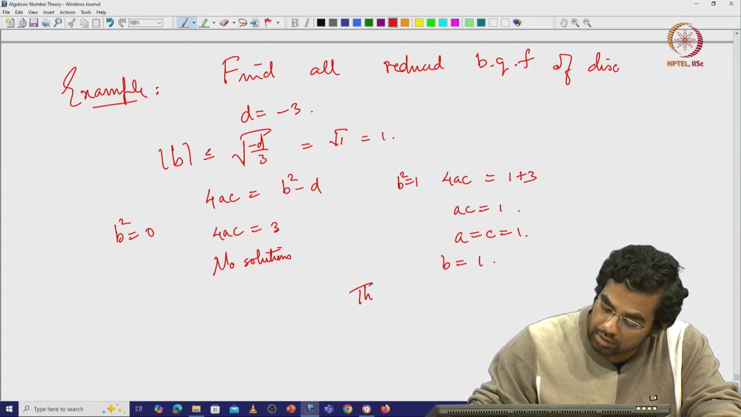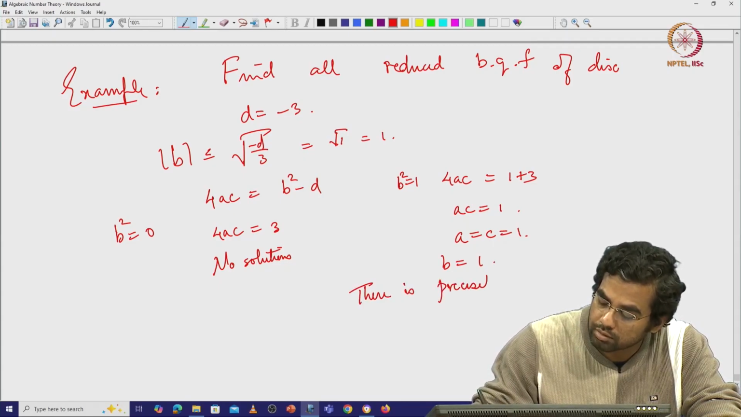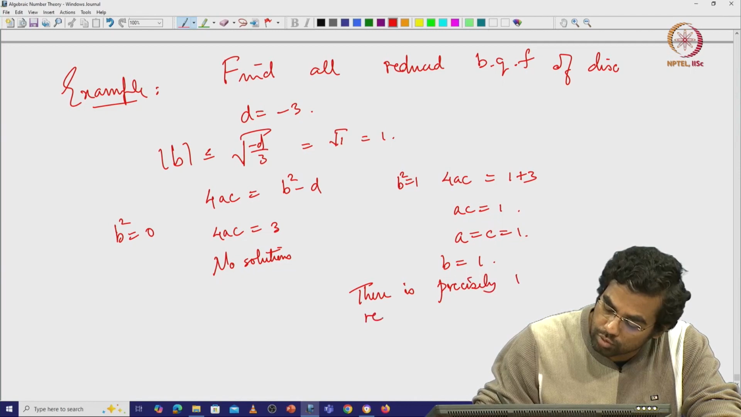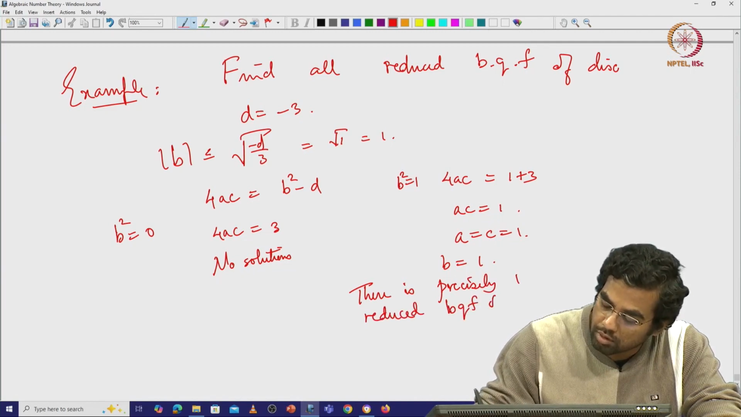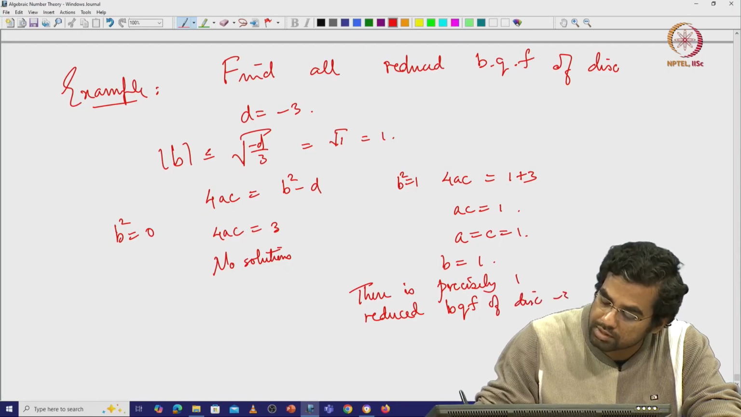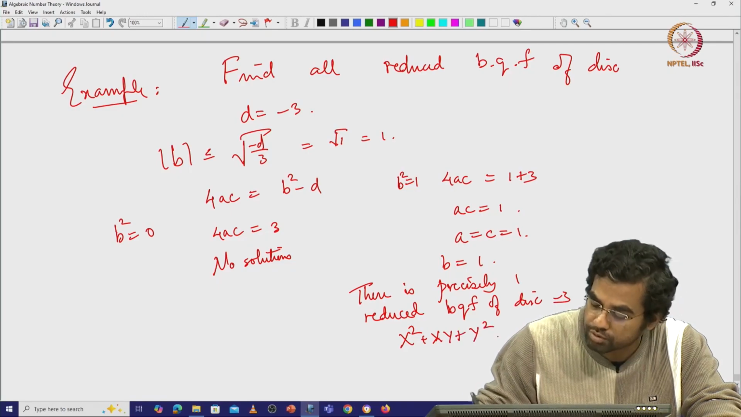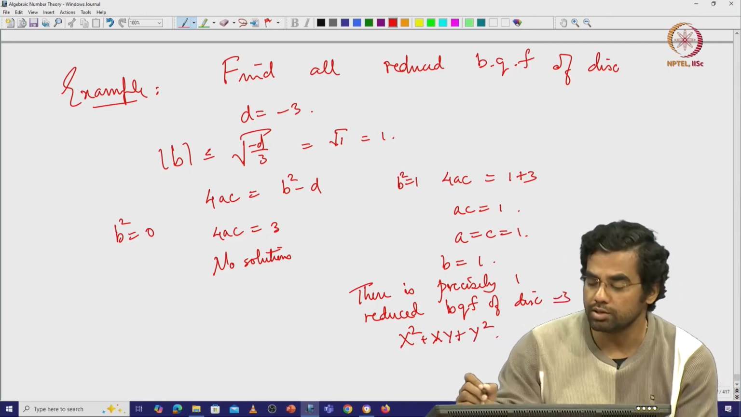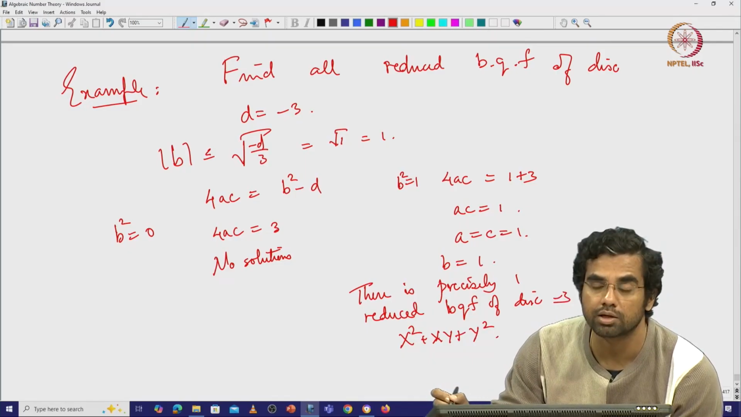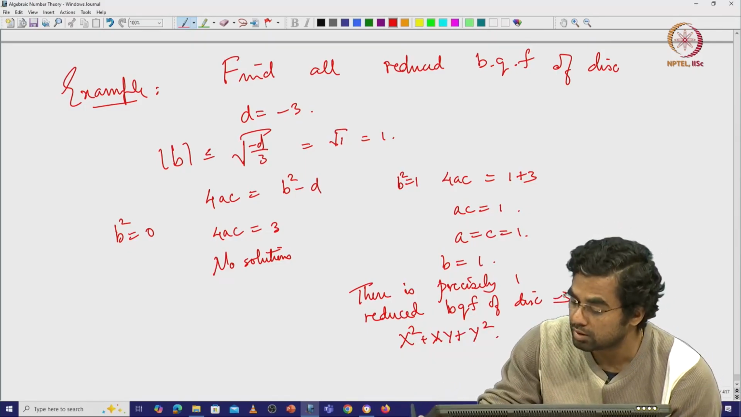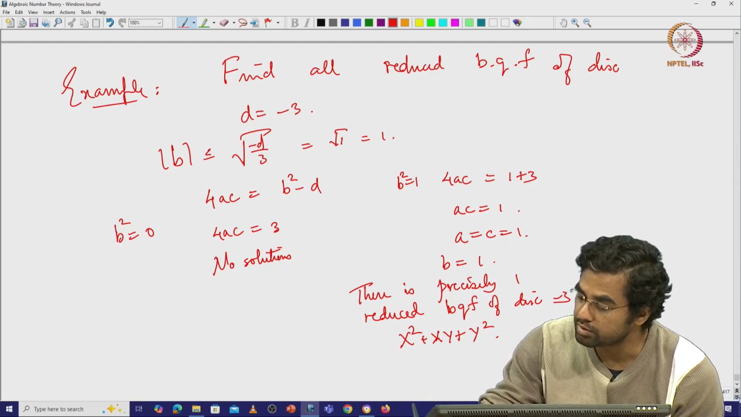So, there is precisely one reduced binary quadratic form of discriminant minus 3, namely x squared plus xy plus y squared. Okay, so that is it, and you see that the discriminant is minus 3 indeed. Okay, let us look at